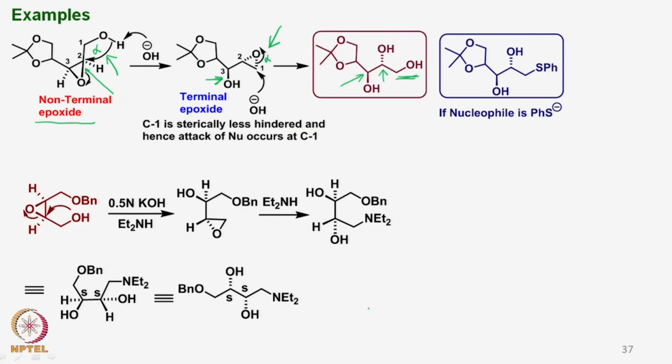Under these conditions, if we also add, for example, phenyl SH as a reagent in the medium, then we can expect the phenyl S minus forming. So in place of this nucleophile we could expect that PhS minus can act as a nucleophile, leading to the formation of such